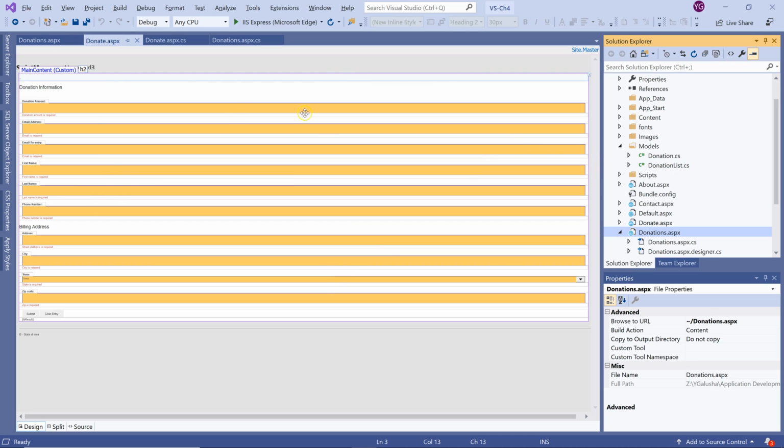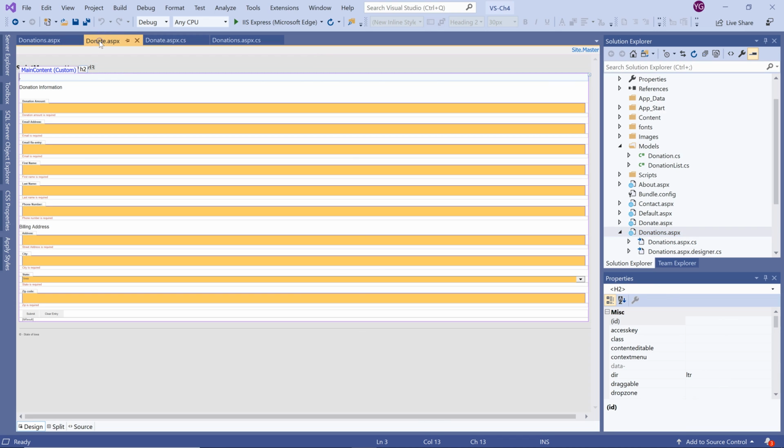Then, to make these additional two pages work, of course you need to create two ASPX web forms, and those would be first to accept a donation. It looks different if I were to display the application, but you know what mine looks like because you can see it out on my Azure web account. And this is the page